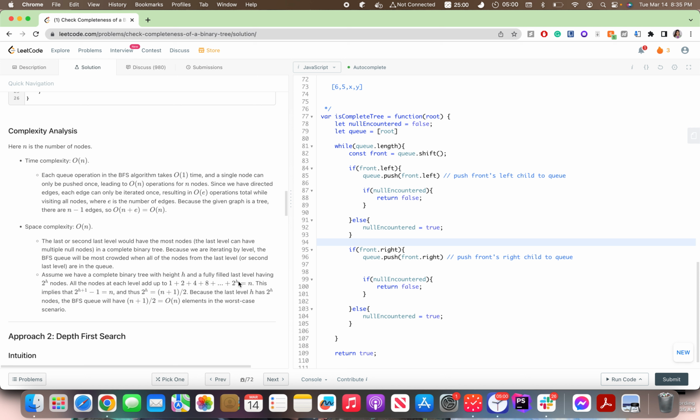This implies that 2 to the power h plus 1 minus 1 is equal to n, and thus because the last level has 2 to the power h nodes, the BFS queue will have O of n elements in the worst case scenario. I did not understand this completely, but they are just adding all the nodes that we are storing in the queue. So there will be 2 to the power h nodes in the final level, and in the first level there is 1, 2, 4, 8, right? So the total sum from 1 to 2 to the power h is equal to n,